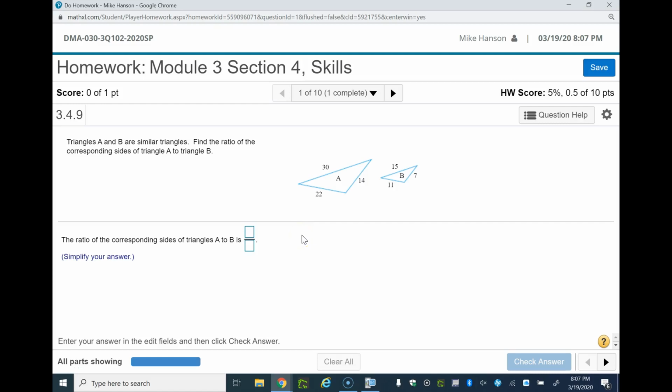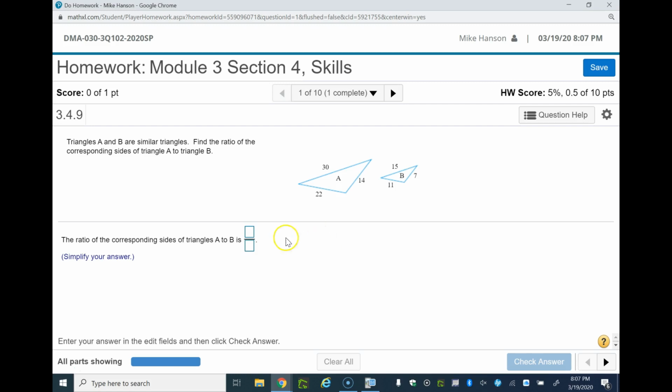So this section I'm going over now is DMA 30, Section 4. For this section, if you already completed Section 3, which dealt with a lot of word problems, word applications, now we're going to go into shapes, and we're also going to get a little bit into word applications, or how it pertains to the real world, as far as putting two triangles together and finding out